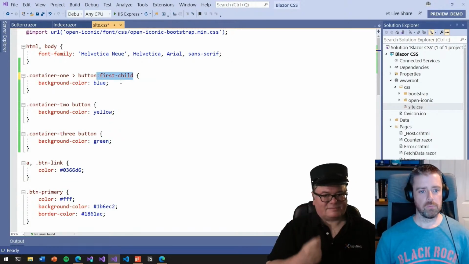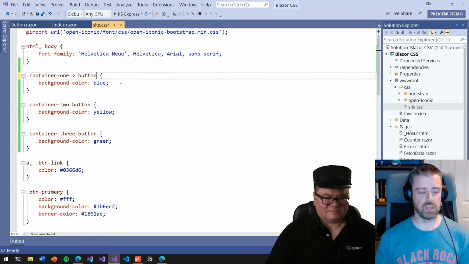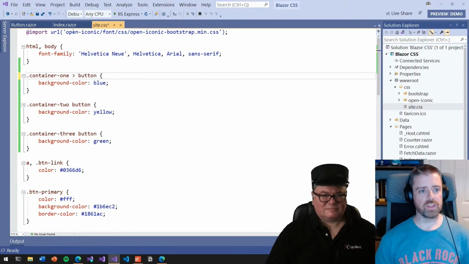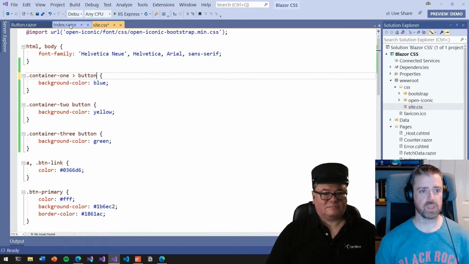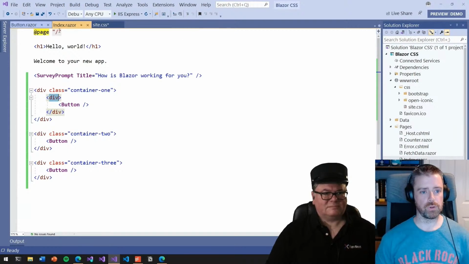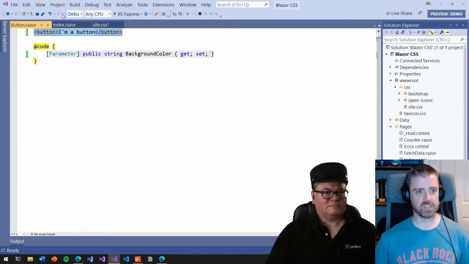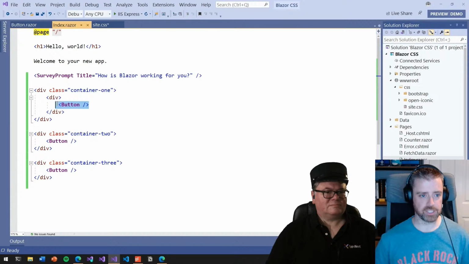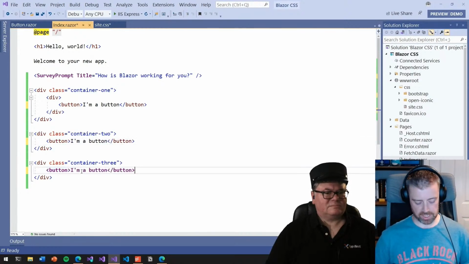Right, good. So that's a bit of a crash course in the basics of styling. One thing that I haven't mentioned is another way of applying CSS styles, using something called an ID. For example, on our buttons here, we've got multiple buttons. Just to make this part make sense, I'm going to go back to using a standard HTML button instead of our component. Okay. So if I just plonk these back in here,